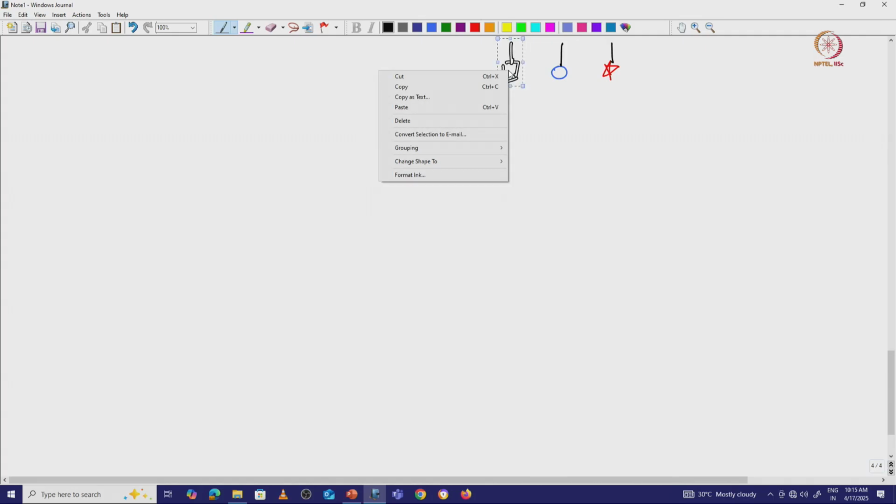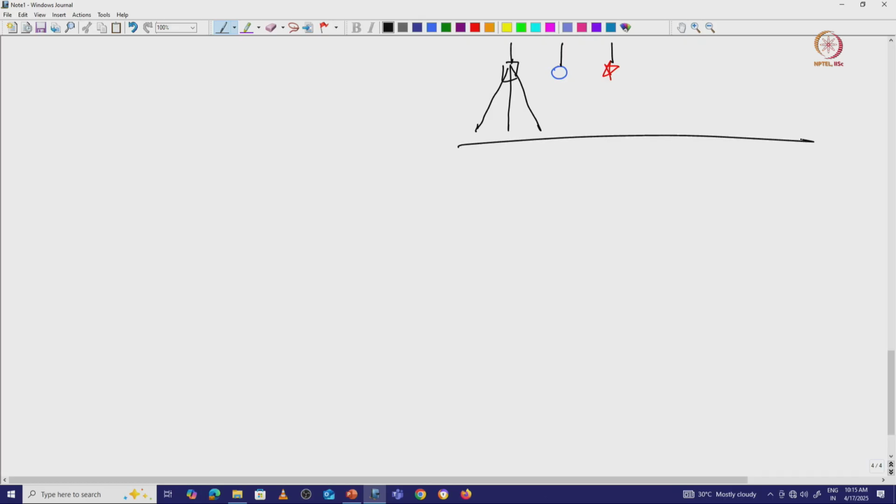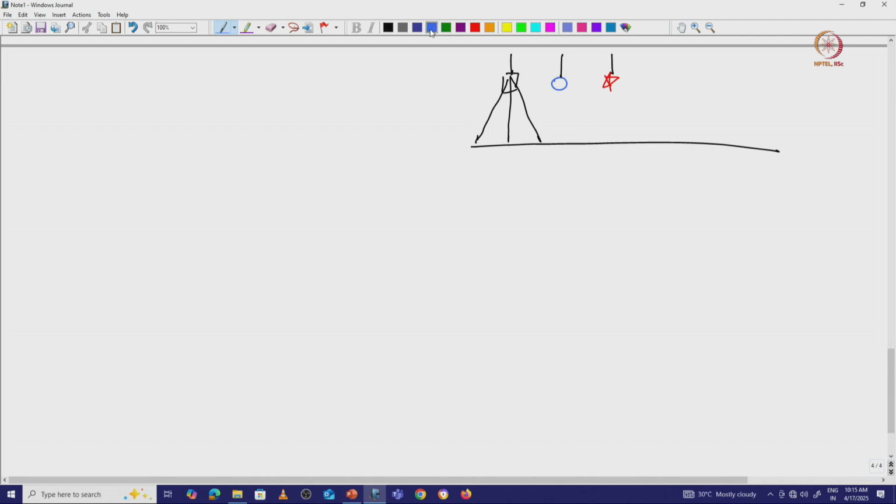So, here it will split into three halves. Okay. So, this is the place from where the beam will converge. Next I will use this blue color to draw that image, it will help us, and this is the red color. So, three different objects, and we are expecting to get an image in this image plane.